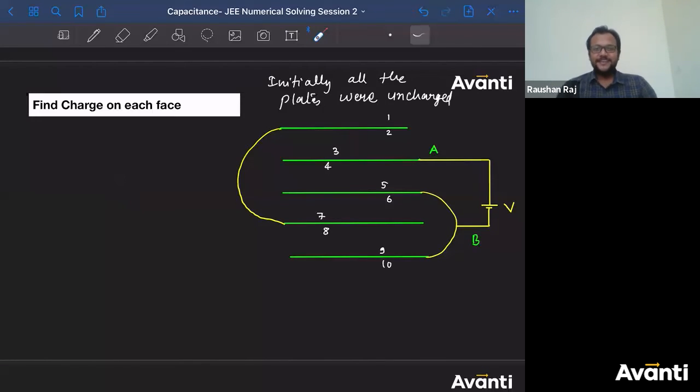It is not that easy. I have given you enough time here. It is not as easy as some of you are thinking while answering. Okay, total charge. The total charge that the battery will provide is 3 CV, according to Pratish. So that means you are saying that C equivalent of this arrangement is 3C.